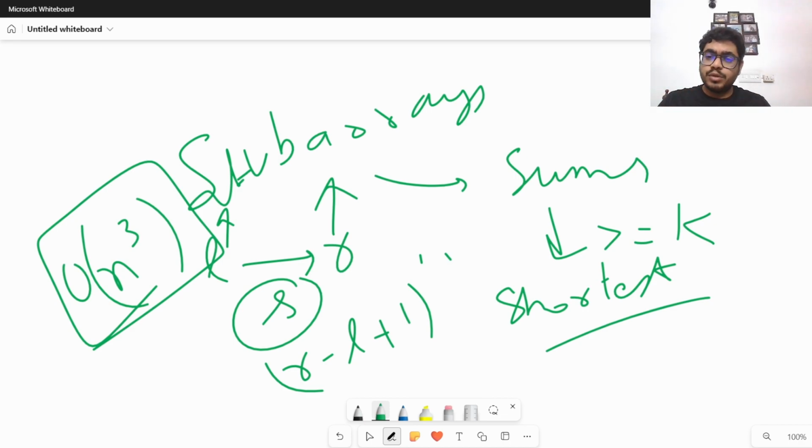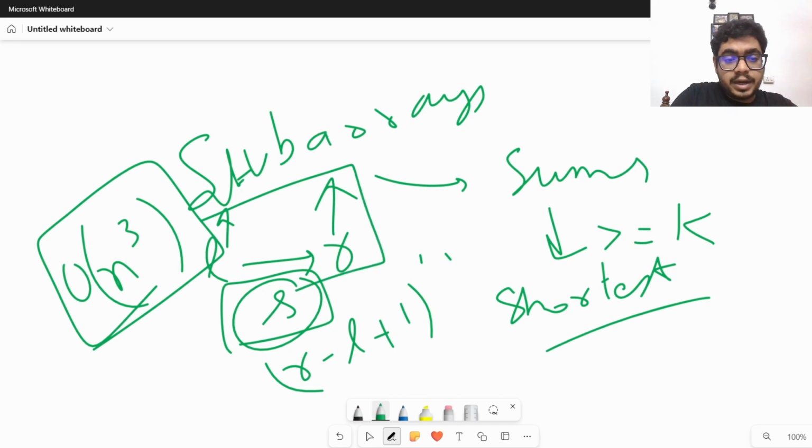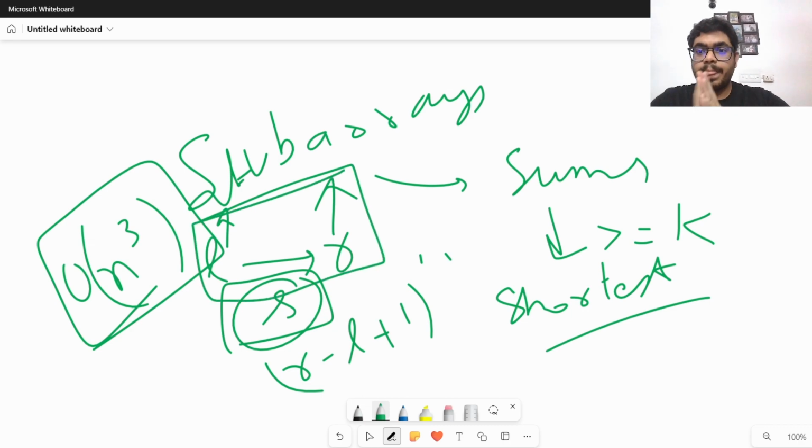So there are two approaches that we can go for here. We can avoid calculating this sum via a third loop, right? How? What we can do is whenever we have an L and we are moving our R further, then when we move our R further, we can just add a new value to our previously calculated sum. So as an example,